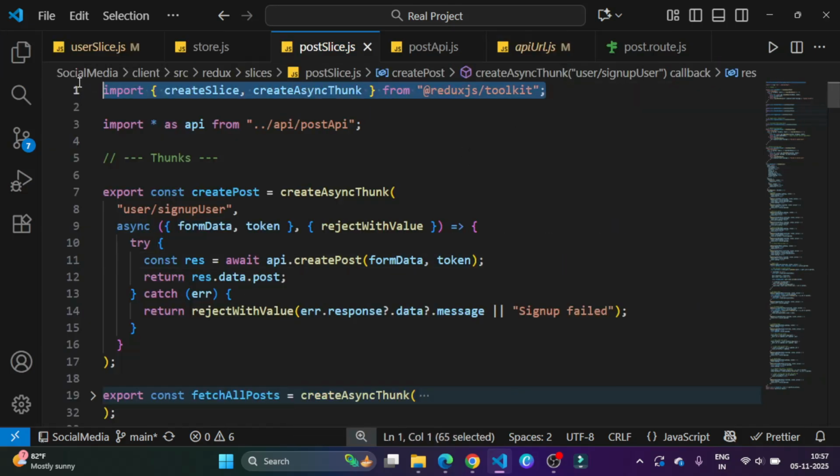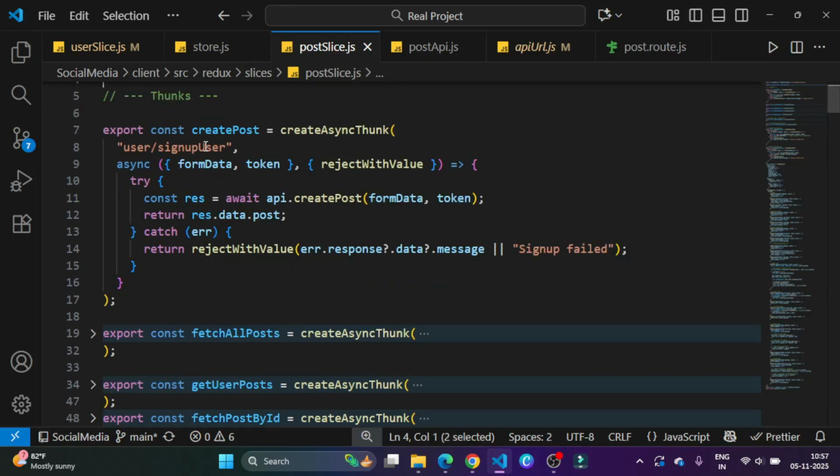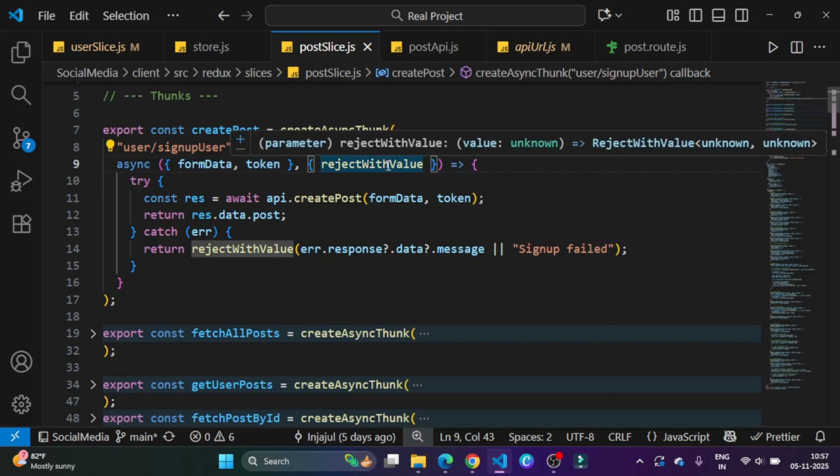So we import the same things, and also import post API and create post. The first argument is the name, and second is the asynchronous function. And here we are passing two things, form data and token as an object, and this is for error handling, and